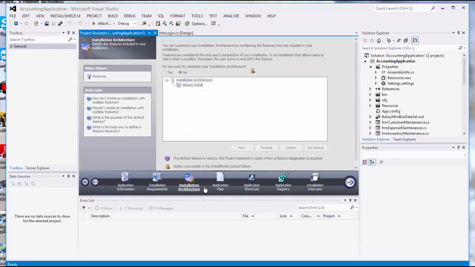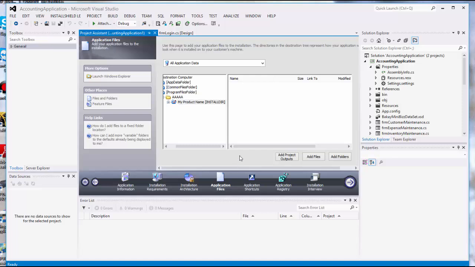We go to the next, which is installation architecture. We don't have this highlighted here because the limited version doesn't give me this option. It's limited, remember, so you only have this in the express, the professional, and the premier version. So we go to application files. This is my folder where my application will reside. This is my application in my setup